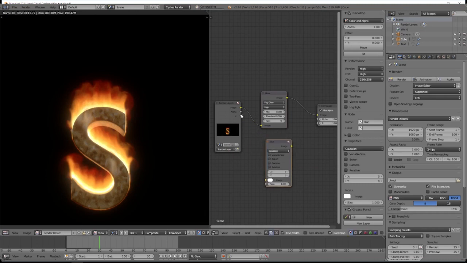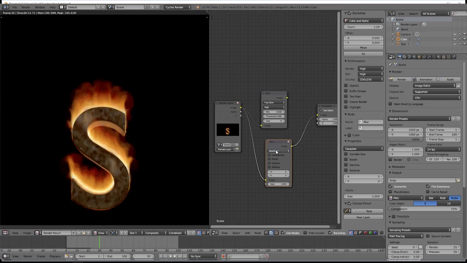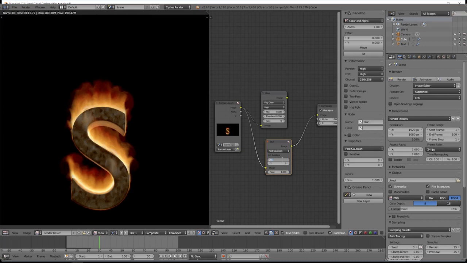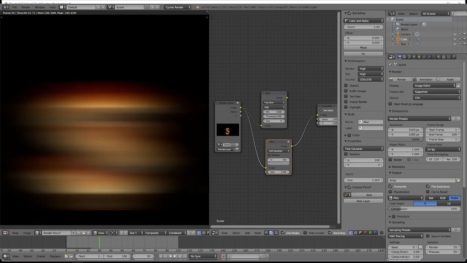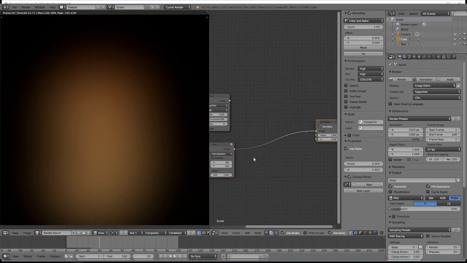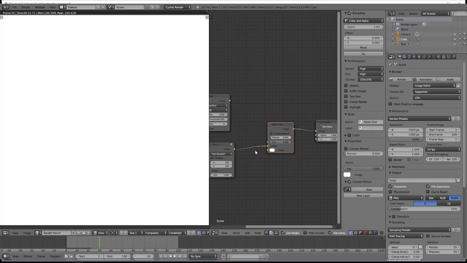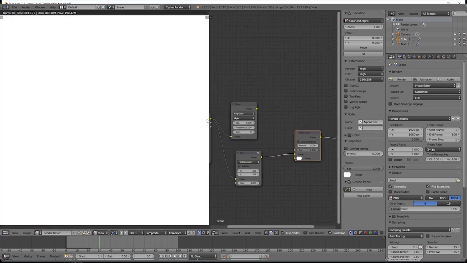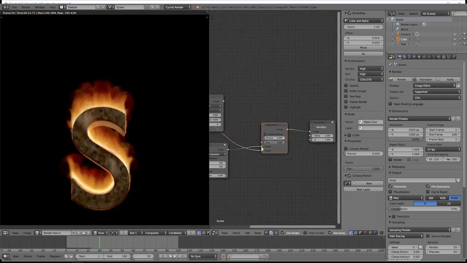A blur, feed that same image in. And what you could do is do fast Gaussian, blur the hell out of it. 256 and 256, just to give it a little extra glow. And then we can add in an alpha over. And if we add our original image back in,